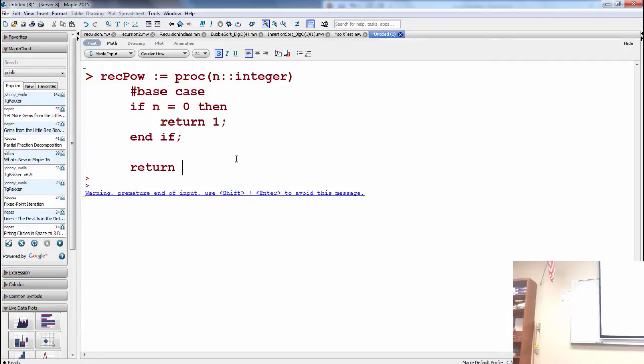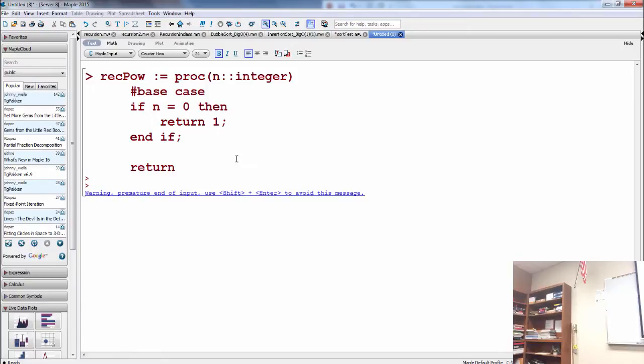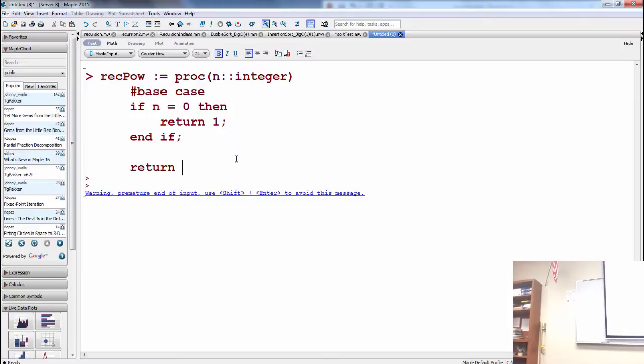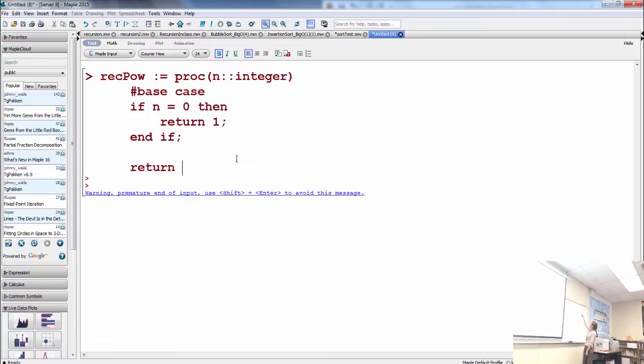So it would be 2 times the a to the n minus 1, right? Oh, yeah, it is like that, right? Yes. Okay, I'm mixing that one up, but whatever.